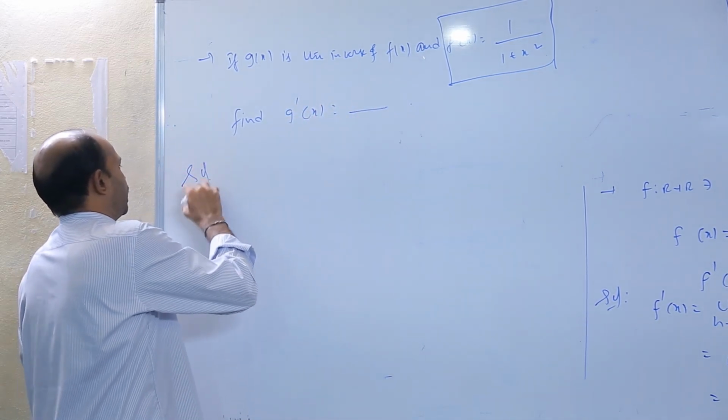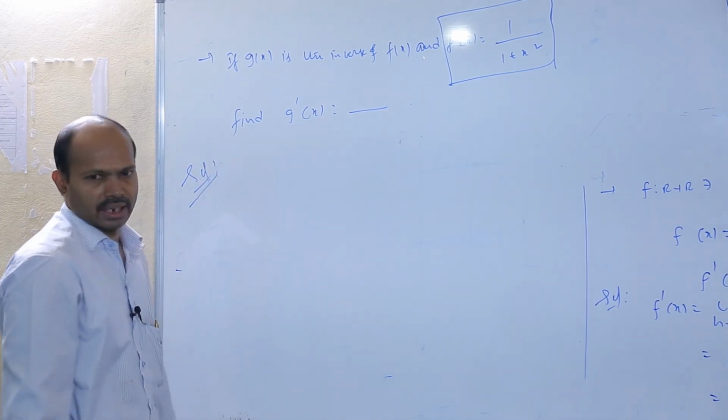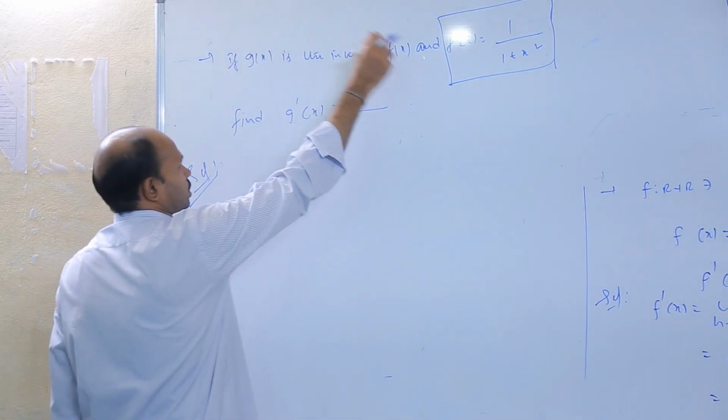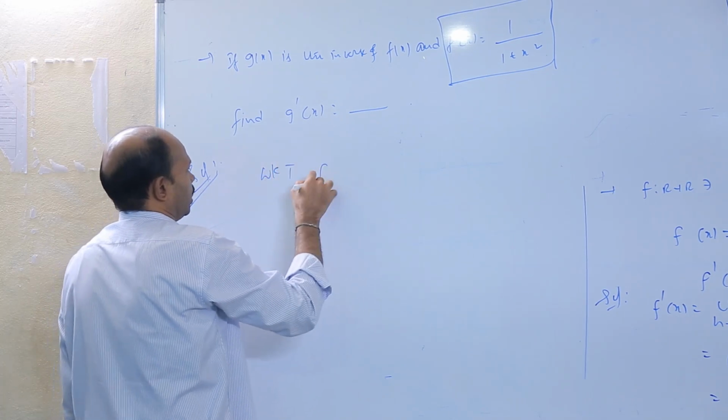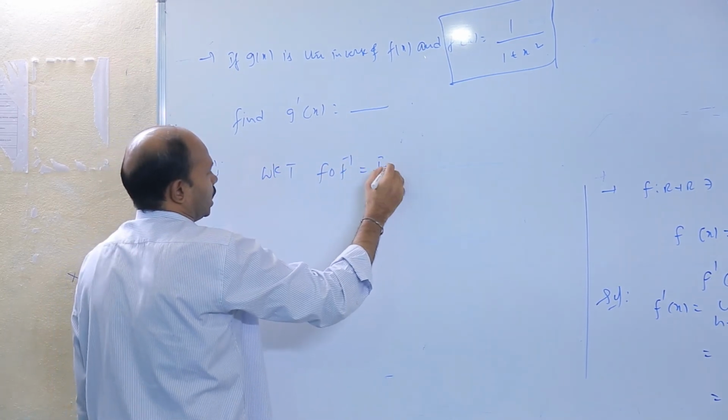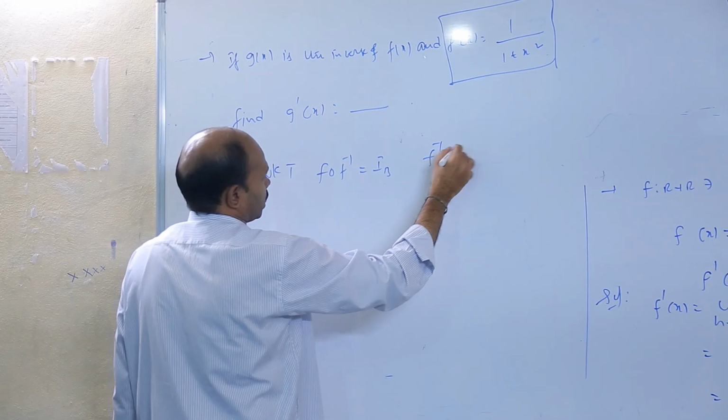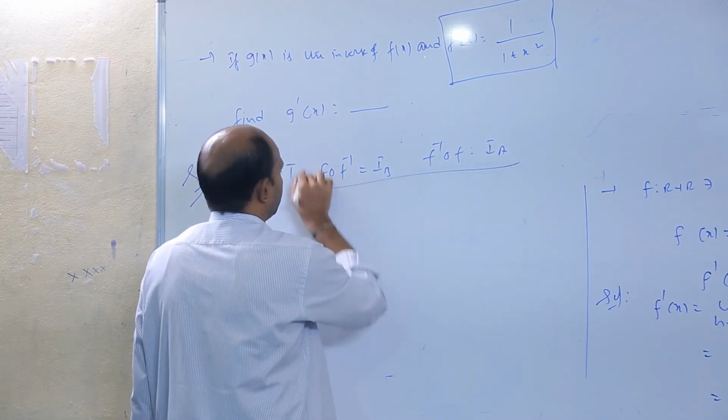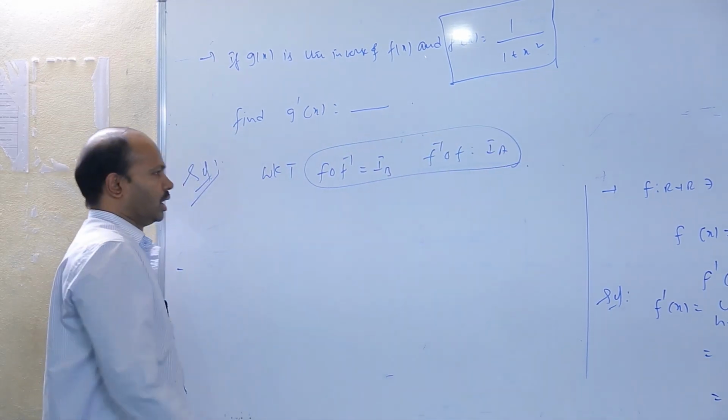See what the given data is, read carefully and decide the condition. g is the inverse of f. We know that f circle f inverse is I_B, and f inverse circle f is equal to I_A. According to that formula, just